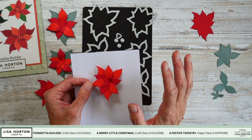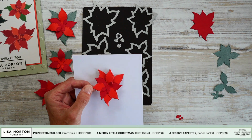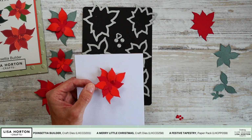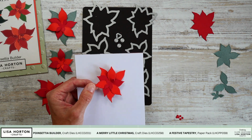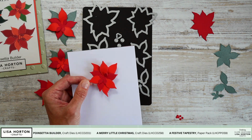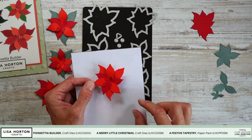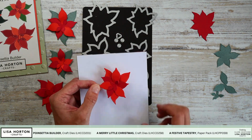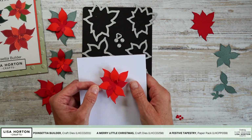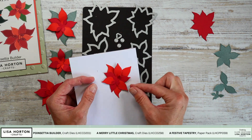Now, once you get to the stage where you're familiar with using this die cut, then obviously you can twist that and you can make the flowers to suit your eye and your projects. That is absolutely perfect, and would be highly encouraged. You can make your flowers individual that way, but if you're just starting off with this and you're a little bit unsure as to how you get going, that is probably the best way to go about layering your flowers. So we have the full flower there with our